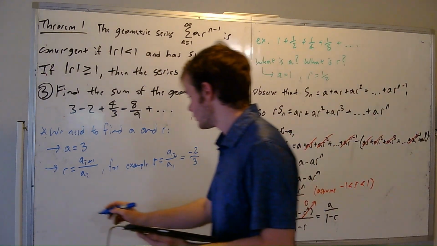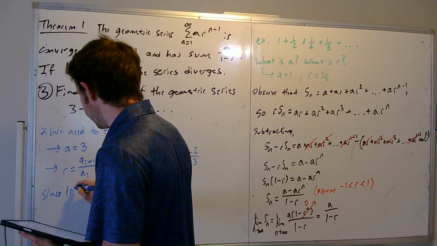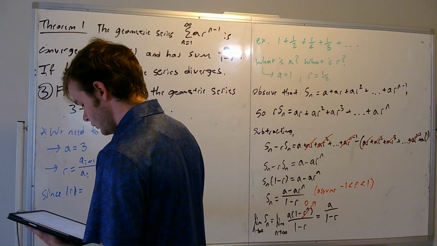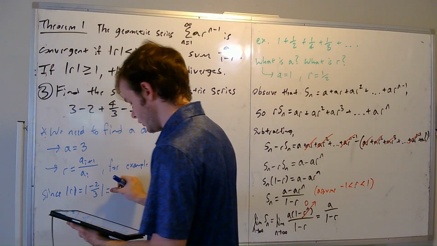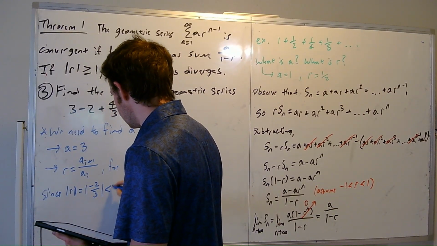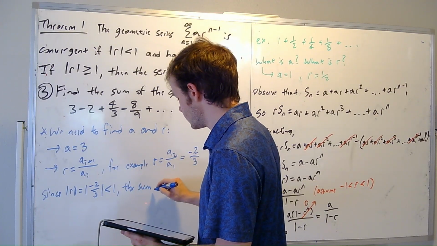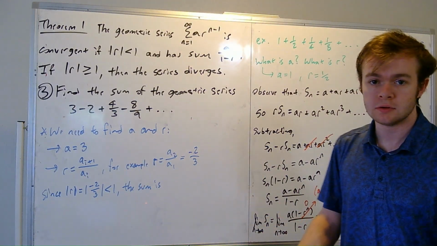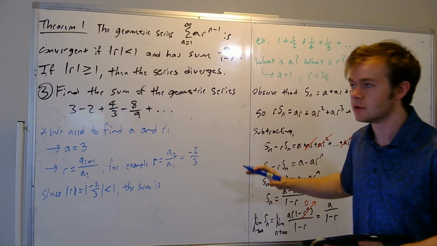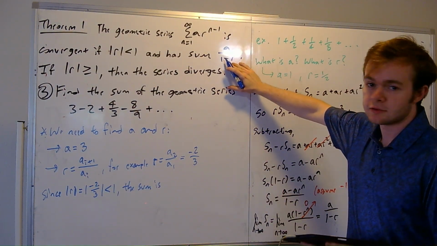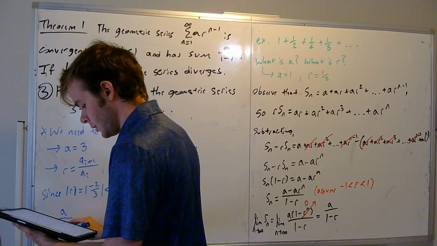Okay, so since the absolute value of r equals the absolute value of negative 2/3, which is less than 1, the sum is, so what can we do here? Well, it says here if the absolute value of r is less than 1, then we can use this theorem. And it's going to say that this has this sum. So the sum is a over 1 minus r,